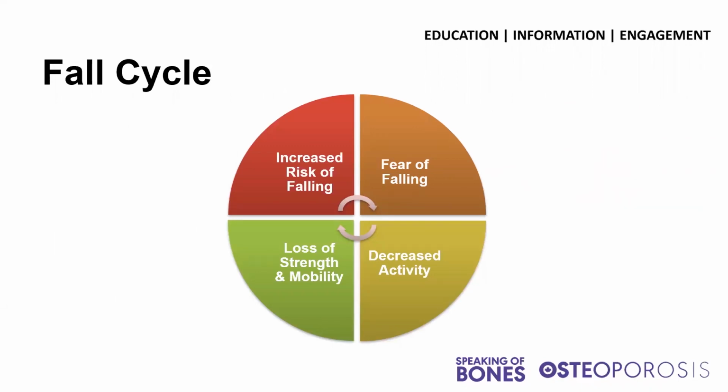So this here is the fall cycle. Basically what it's showing you is that if you have a history of falls, this is one of the best predictors of a future fall. So what can happen is when someone falls, they get really nervous about it. If your normal caution turns into an extreme fear of falling, feelings of fear and helplessness can be really stressful and emotional. This fear might also cause decreased activity, so down there in the yellow. And when you have decreased activity, this can result in loss of strength and mobility, which then can result in an increased risk of falling.